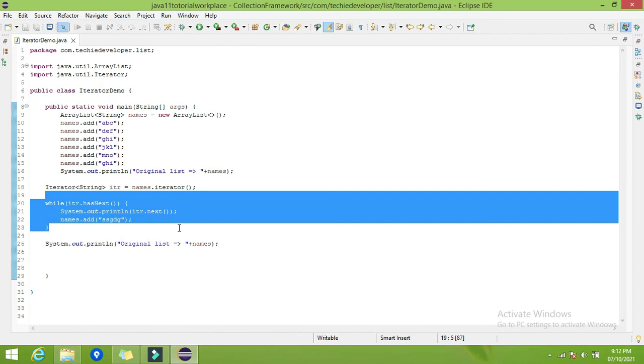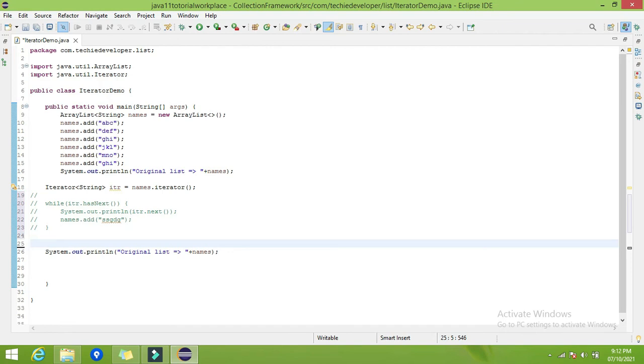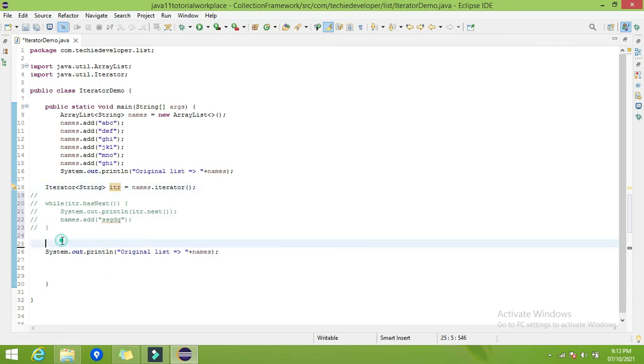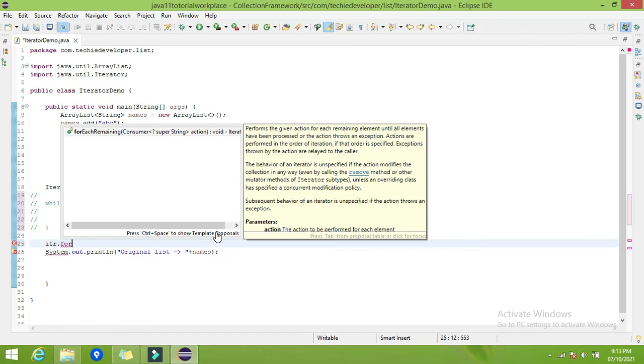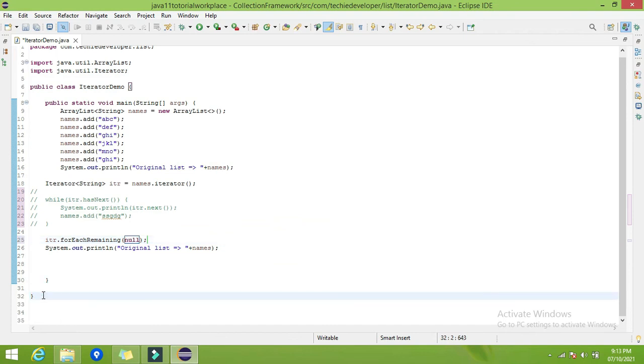Let's comment this out and use forEachRemaining. I have created the object, now itr.forEachRemaining. Here you can find forEachRemaining takes input as a Consumer. Consumer is one of the functional interfaces in Java. How do we create an object of this functional interface? Simply create another class which implements the Consumer functional interface.